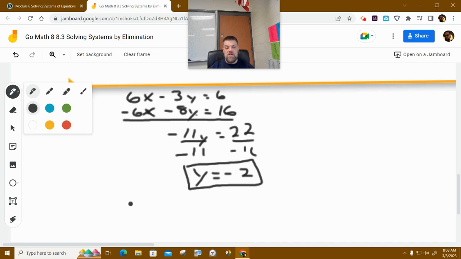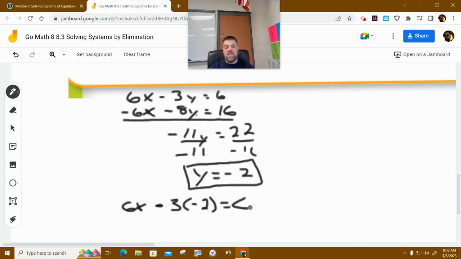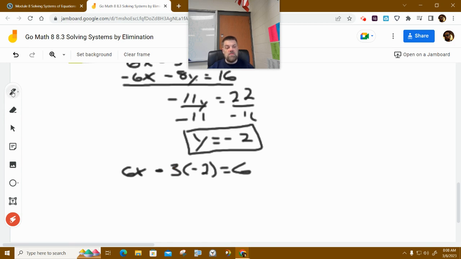I'm going to use the first equation, and I'm going to say 6x minus 3 times y. But what's y equal? Negative 2 equals 6. So what I'm doing is I'm taking this first equation, and I'm rewriting the equation. The only thing I'm doing different is wherever there was a y in this equation, I'm putting in y equals negative 2. So now it's just algebra. I have a bunch of numbers and the variable x. So this becomes 6x. Negative 3 times negative 2 is